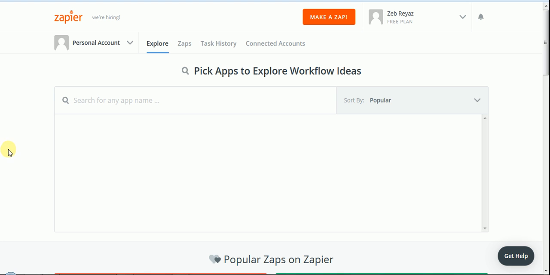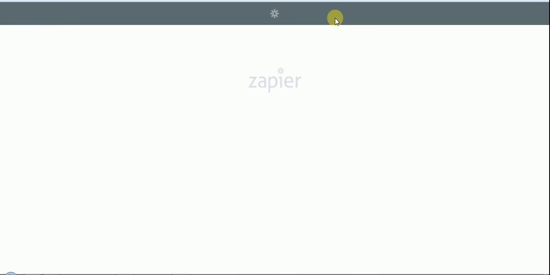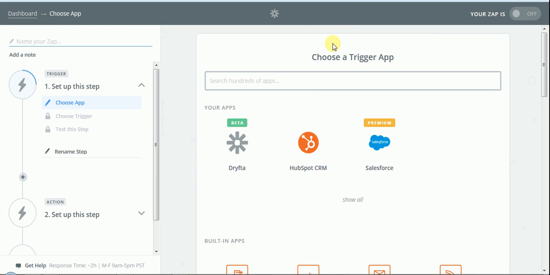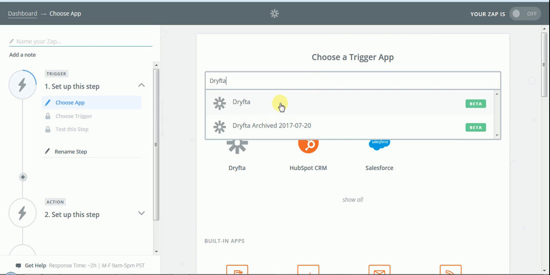Now to bridge Dryfta with Salesforce, I need to make a Zap. For that I would click on the make a Zap button on the top. Now I need to select Dryfta as the trigger app, basically the app from where I need to move my data. So I would search for Dryfta here,